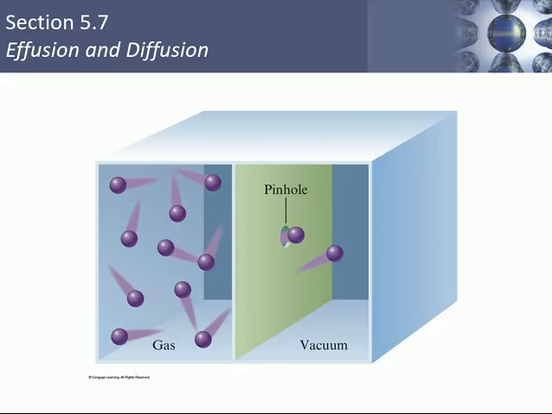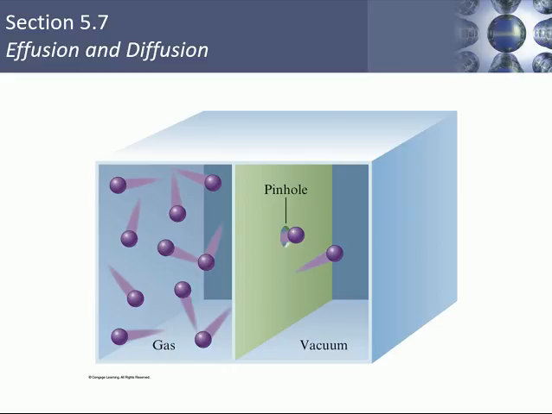Now, they're not going to be coming into contact in some insane way. They're simply going to be flying through space. Remember, these gas particles are so small compared to the distance in between them that the size of the particles is essentially zero. And so when these two different kinds of particles mix together, they're really not going to come into contact. They'll just zoom past one another. And so they will quote-unquote mix together until they're both uniformly distributed throughout the chamber.